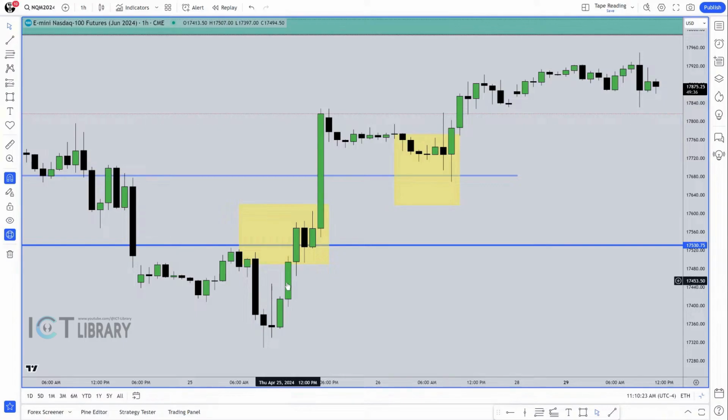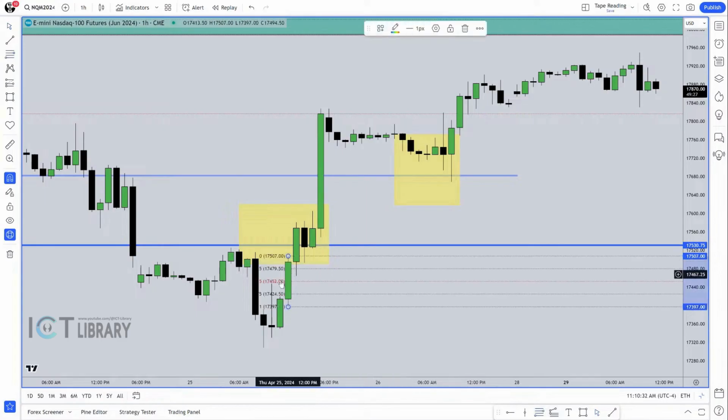Where would your stop loss be, ICT? Low of that candle, or at least the mean threshold of that candlestick's body. That would be this. Watch. That's midpoint or mean threshold. My stop loss has to be below that. And honestly, it would be really at that opening price. That's where I'd have it at.